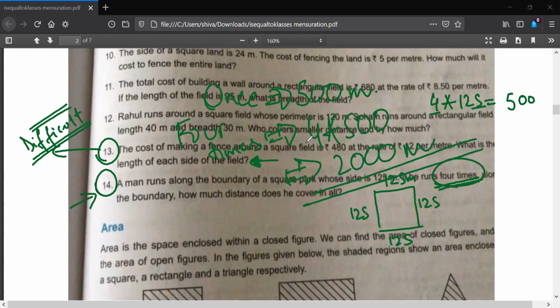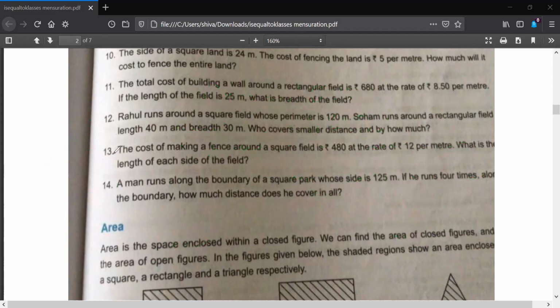Okay. Mr. Sarthak, what I'll suggest is that try to do this question again. Try to understand question number 13 again. If you face any difficulty in solving question 13 again, maybe I can explain it to you again in the next class, or we can do more questions like these. Is it okay? So this question is your homework. Okay, sir.